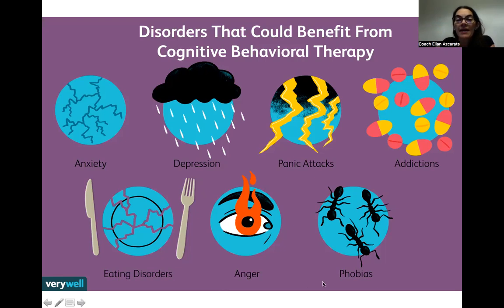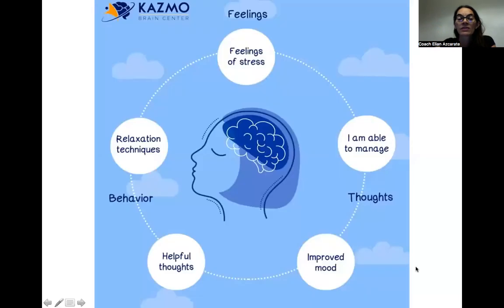Okay, and then I mentioned that we were going to talk about some ways to deal with disorders, of course, with any problems, because sometimes we don't need to be already having a diagnosis of a mental disorder in order to be able to benefit from CBT. So, for example, if you just have feelings of stress, and then you feel like, oh, I'm not able to control them through my thought process,